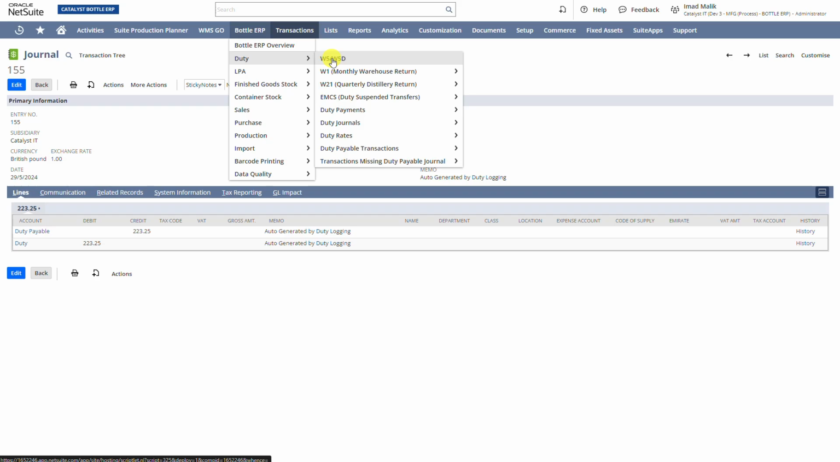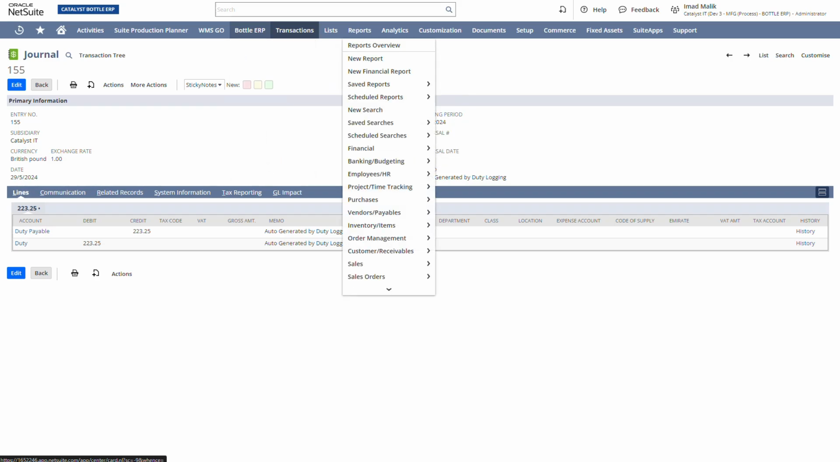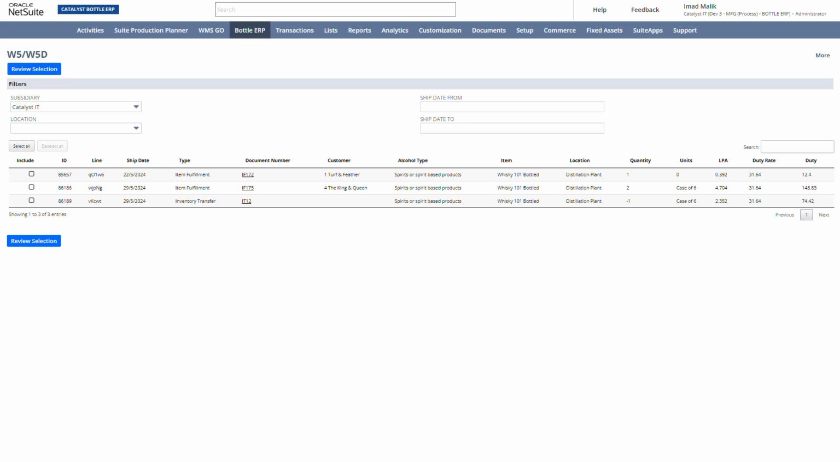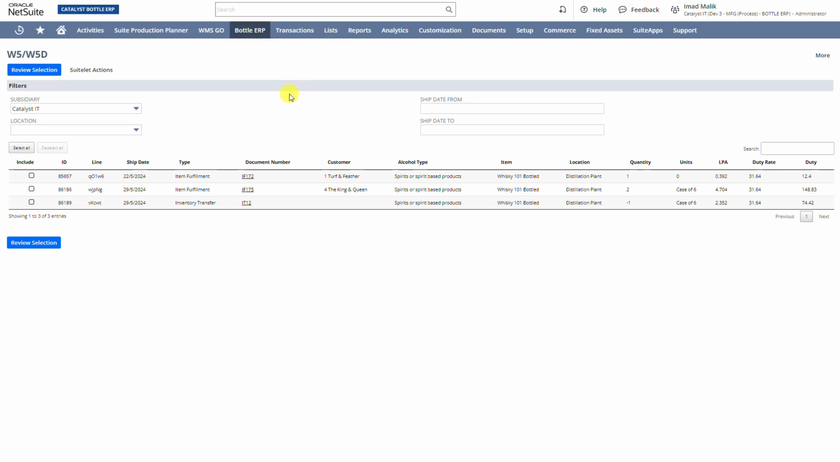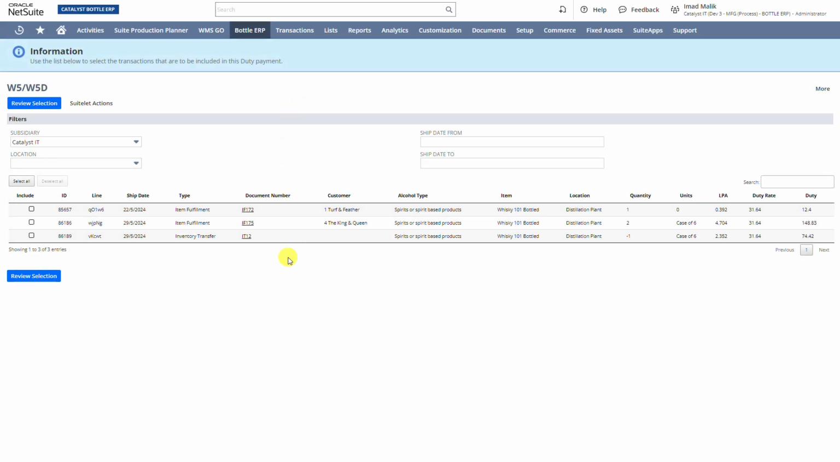We're going to have a look at the W5 and W5D record and go through the process and how that works. When you load up this screen, you'll see a list of transactions. These are transactions that are duty payable that haven't been paid. Against each transaction, you can hyperlink to the transaction itself, or you can see all the key information against each transaction as well, around the item, the customer, the quantity that was shipped,